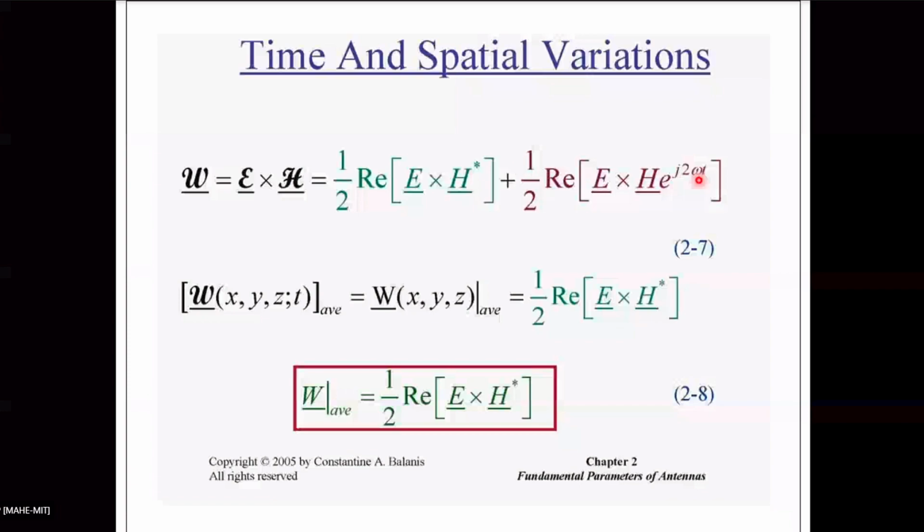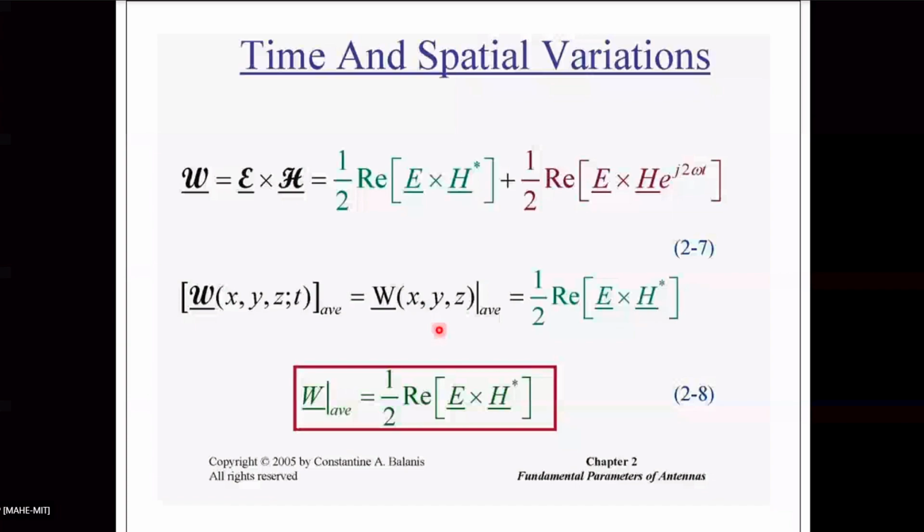Could you please repeat your last sentence? I am trying to find out what the average power density is. This is the average value of the instantaneous value. So how do we get the average value? It is 1 by capital T, integration 0 to capital T, of the instantaneous power density times dt. That is how we take the average for one period.